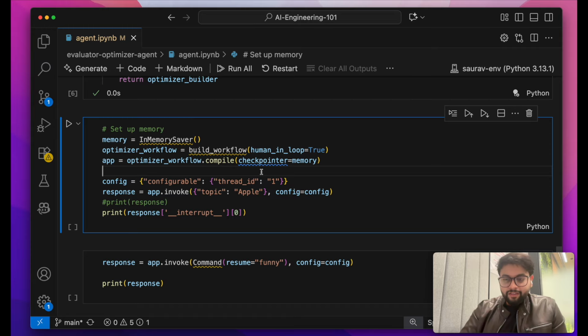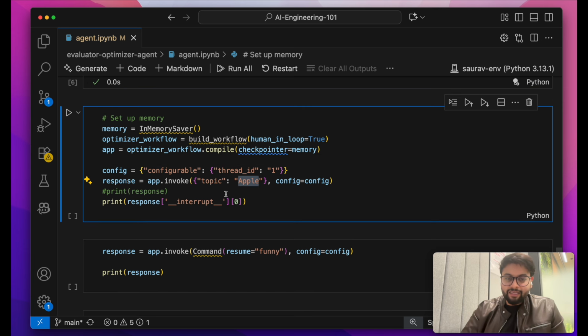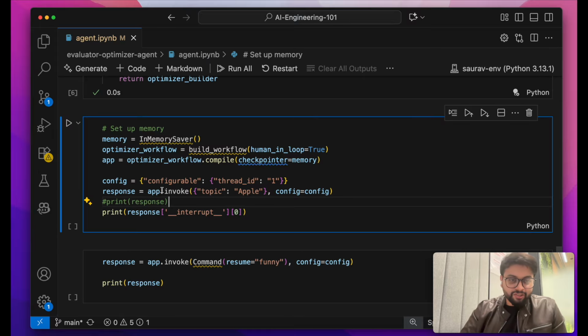Okay, so now let's try another flavor where we will enable the human in the loop in the workflow. For that, we'll simply set the human in the loop flag to true, and then we're going to provide a topic. This time we are providing the topic as Apple, and let's see what the joke should be. This time, we can comment out the response, and we can directly see the interrupt, because we're going to interrupt the workflow since the human loop is enabled. So if I run this